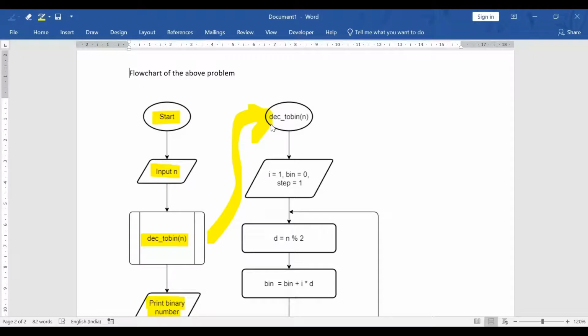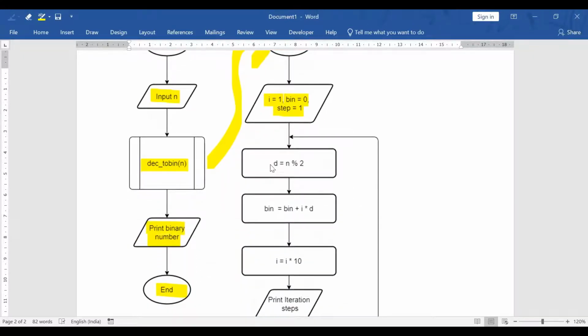Now we are going to see the execution of the function. So dec_to_bin takes an input number n, and we initialize some variables: i is equal to 1, bin is equal to 0, so bin is the final binary number, and step is equal to 1. So step counts how many iteration steps are required for converting a decimal number to a binary number.